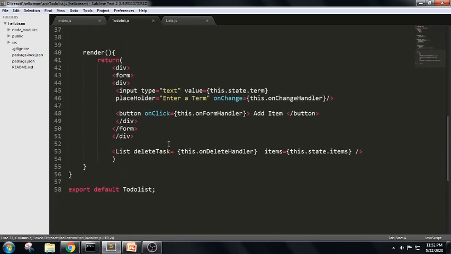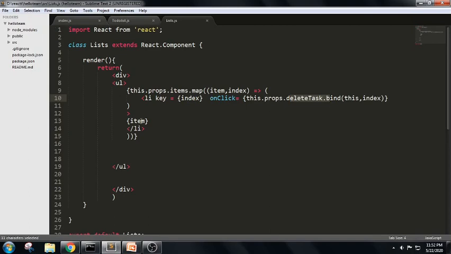So if we can see here, in the previous example we were trying to display the items here itself. Now in this we are trying to take a list delete item, where it will try to delete the individual values. If we can see here in the list.js, we have written some snippet. We have used a map function here.